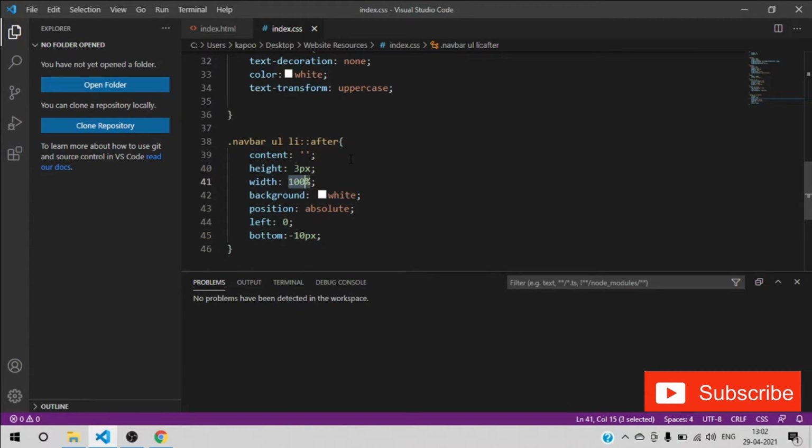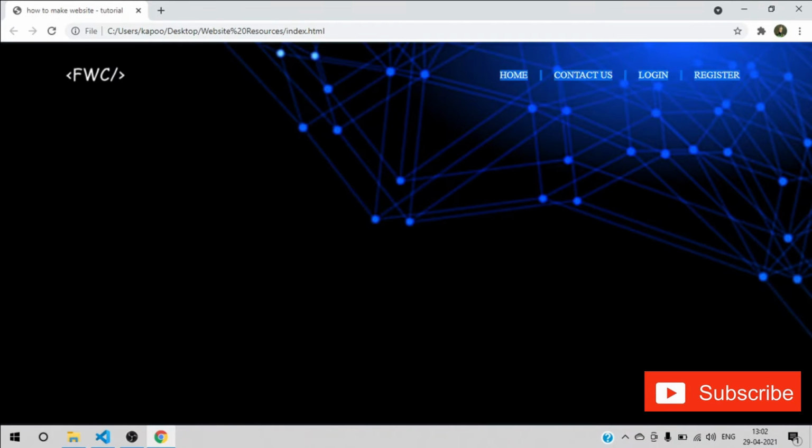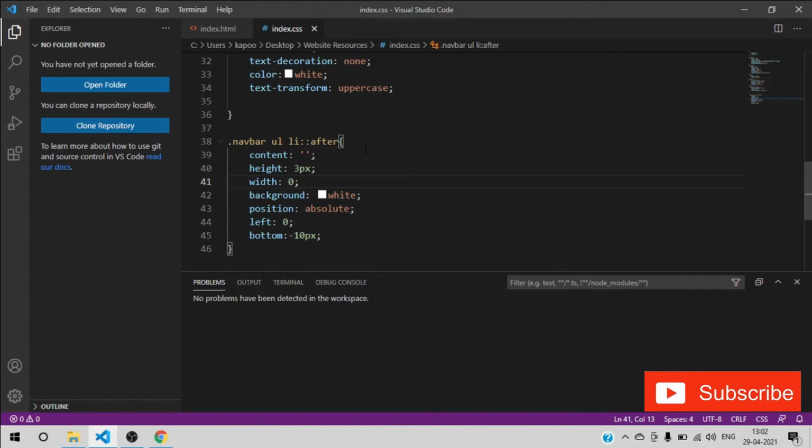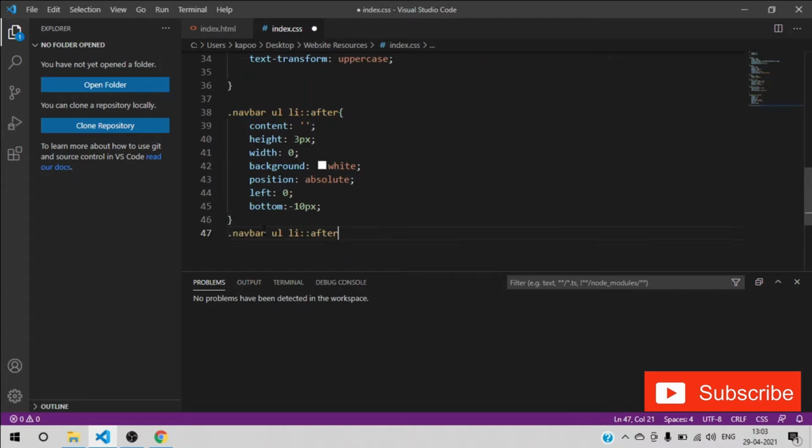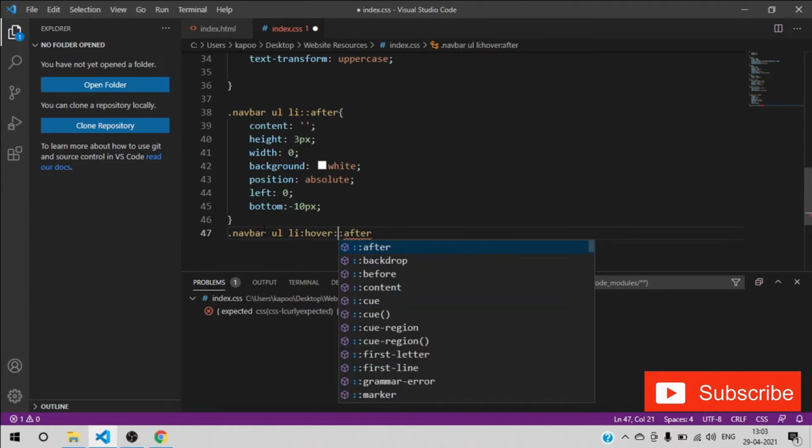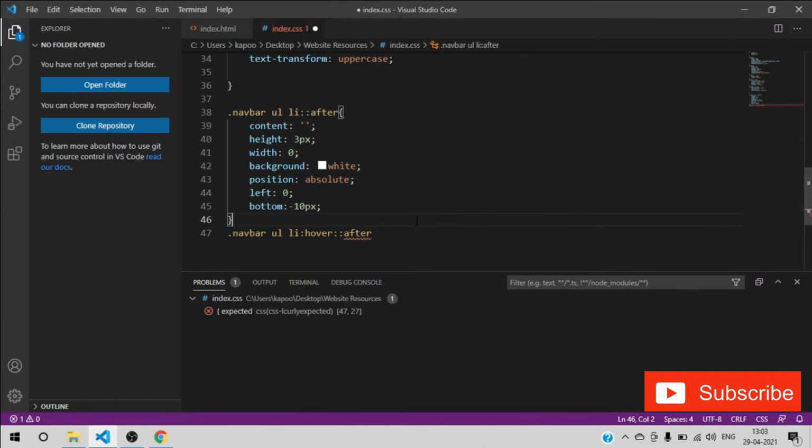and then what you can do is make the width as 0. Okay, refresh it and it will be hidden. And then what next is we will be adding one hover effect where we will be changing the width to 100% on hover, and we will be getting one hover effect.